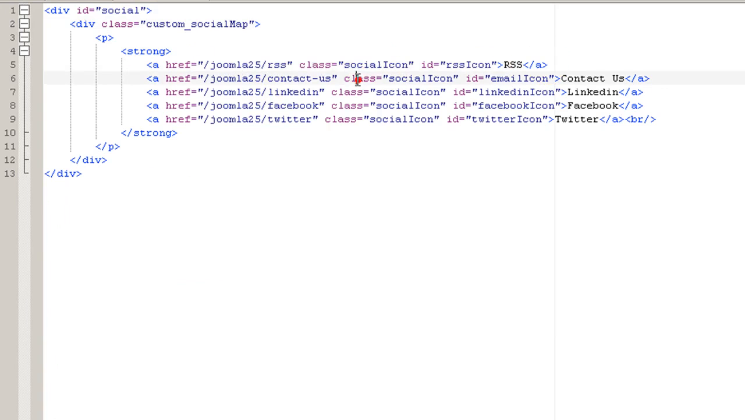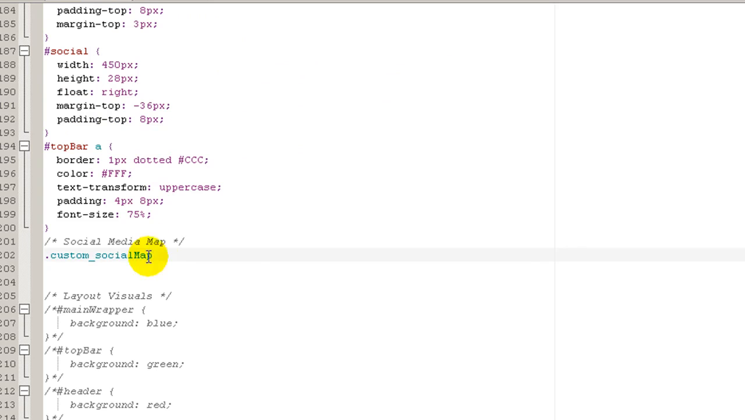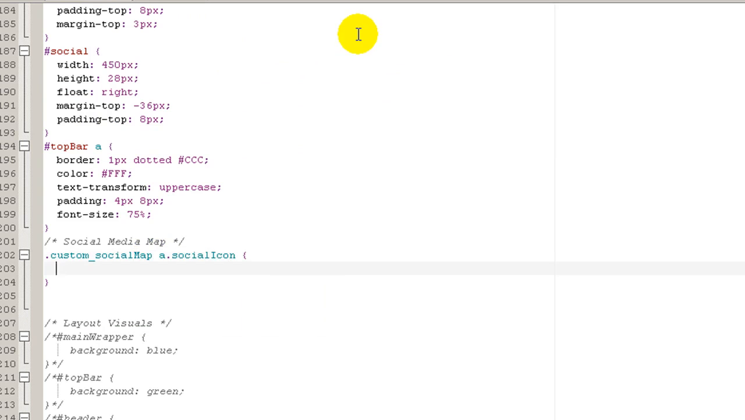If you remember, we add the class social icon inside all the links. Okay, that's why you are going to have the same class in every link. And then you are going to have all the different IDs in here. Let me copy the class, Control C, going back, space, then the A element, a class, and Control V. Then we are going to open the curly brackets and we are going to start applying a height and a